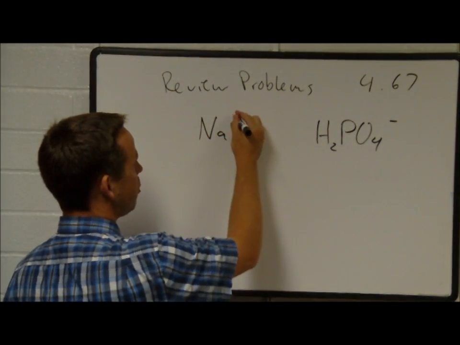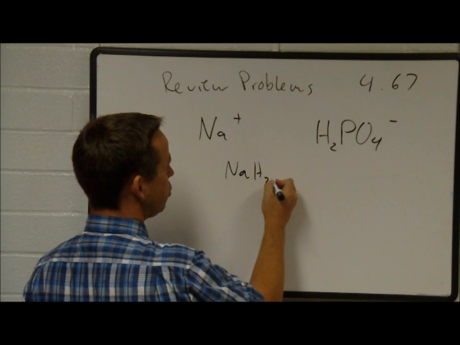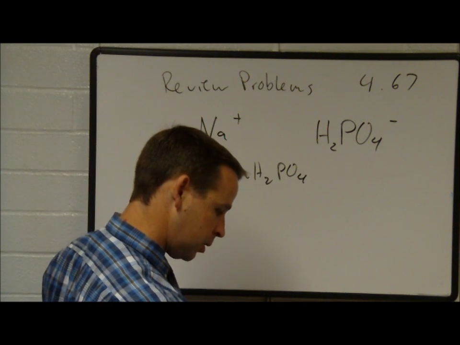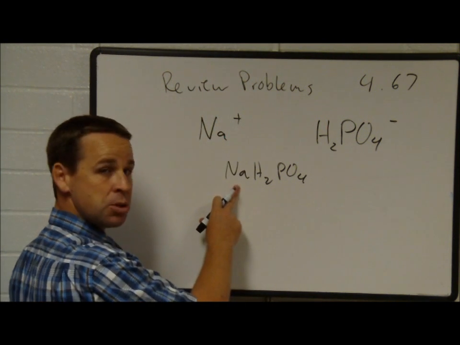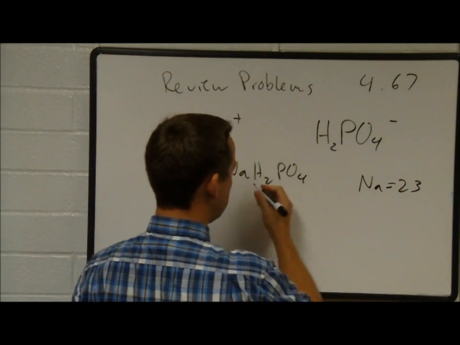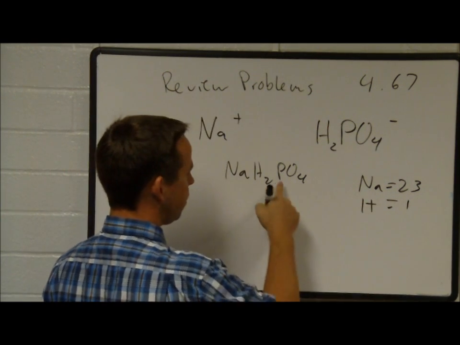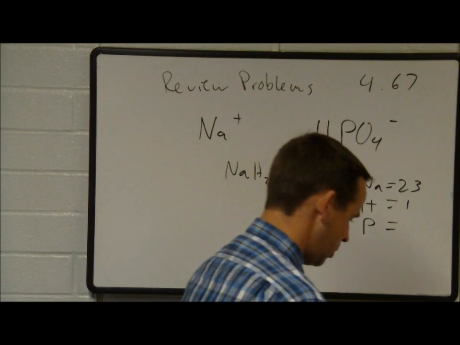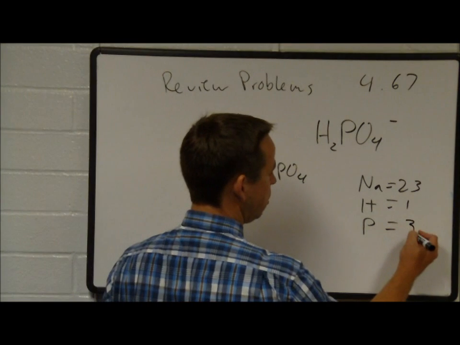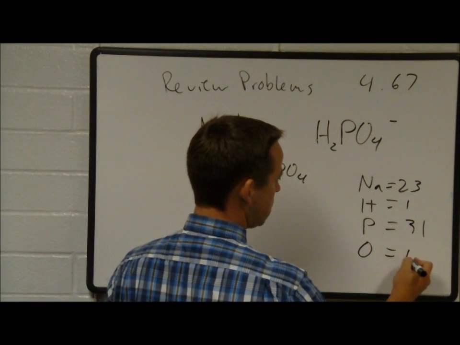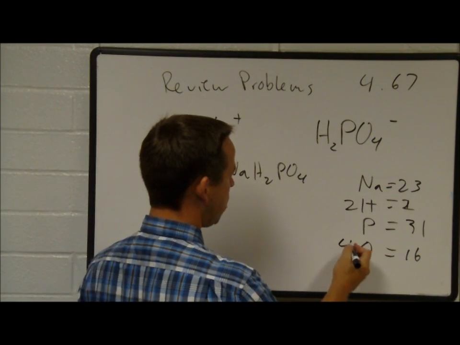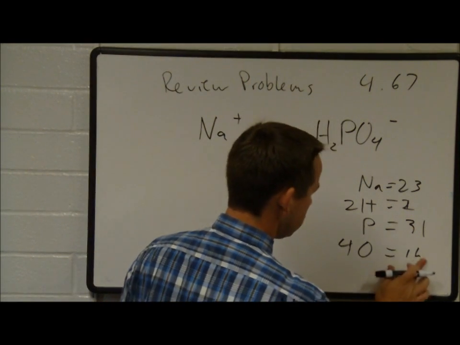So this compound, sodium forms a plus charge, is NaH2PO4. All right? And calculate the percentage composition by mass for each of the following. So we want to know what the percentage of sodium, hydrogen, phosphorus, and oxygen are. Well, sodium weighs 23 grams per mole. Hydrogen is roughly 1. Phosphorus, we'll say, is 31, and oxygen is 16. But here we have 2 hydrogen, so that's 2, and we have 4 oxygen, so that's 16, 32, 64,